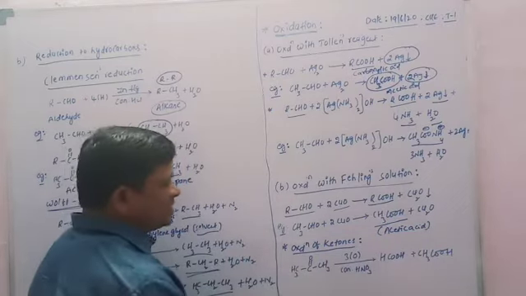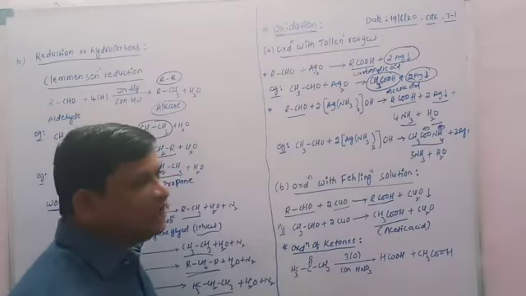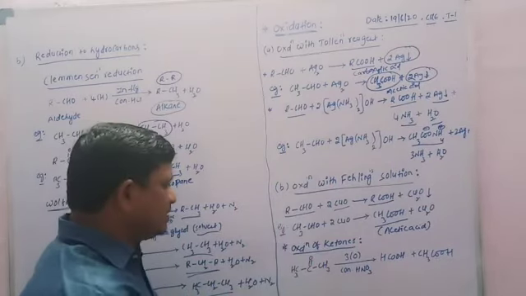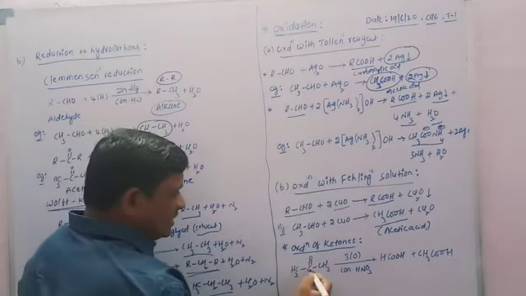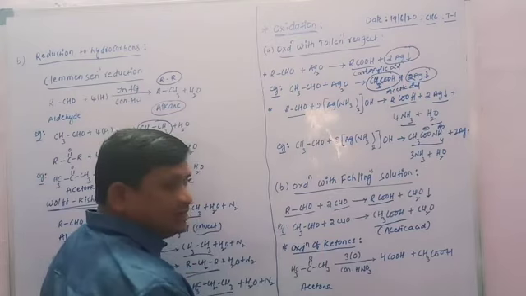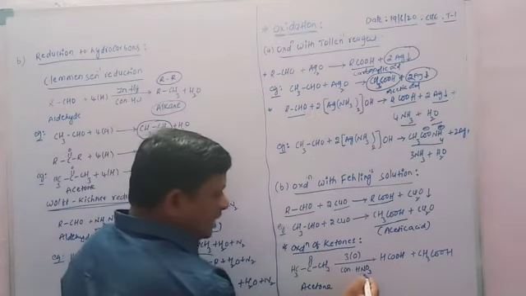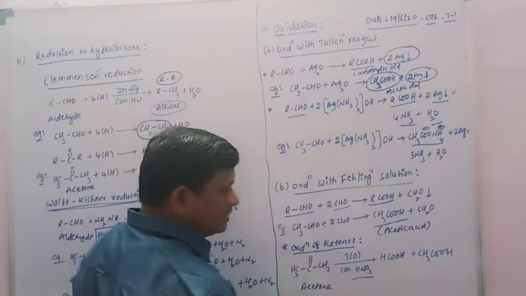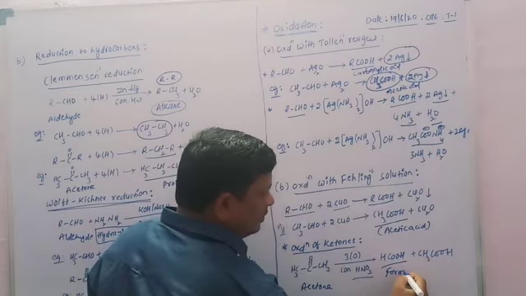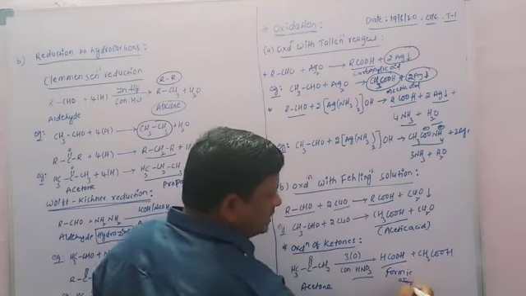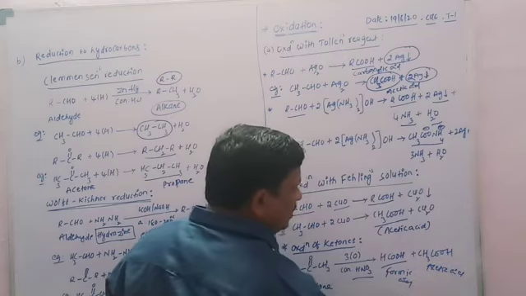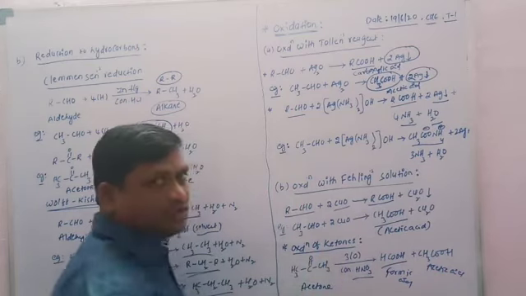The next reaction is oxidation of ketones. Generally the previous two reactions are oxidations of aldehydes. Now the oxidation of ketones: CH3 C double bond O CH3 is acetone, a ketone. This reaction undergoes in the presence of concentrated HNO3, addition of 3 oxygens. It gives HCOOH, formic acid, and acetic acid. So a mixture of two acids is obtained. This is the oxidation of ketones.